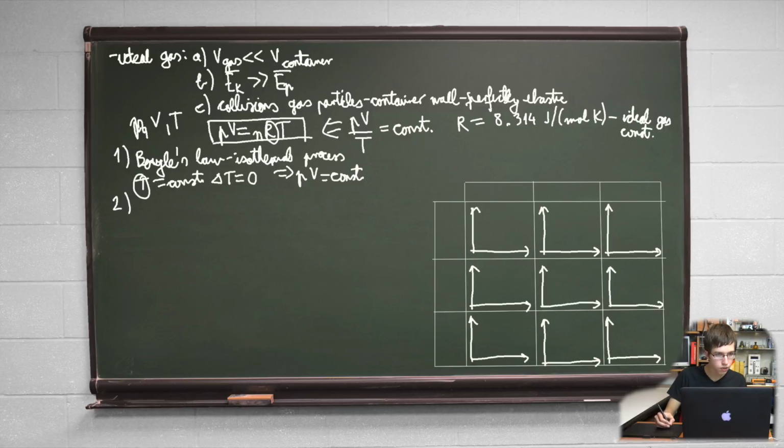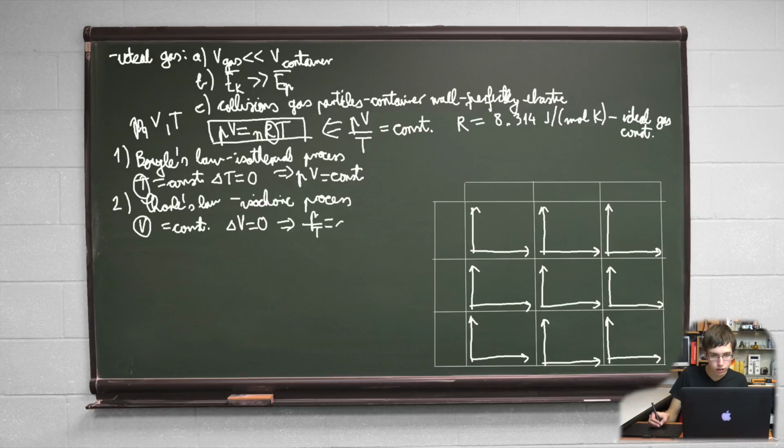The second gas law is Charles' law, which describes an isochoric process. A process where volume V is constant, so volume does not change, delta V is 0, but P and T do change, so P over T is constant. And finally, the third gas law is Gay-Lussac law,